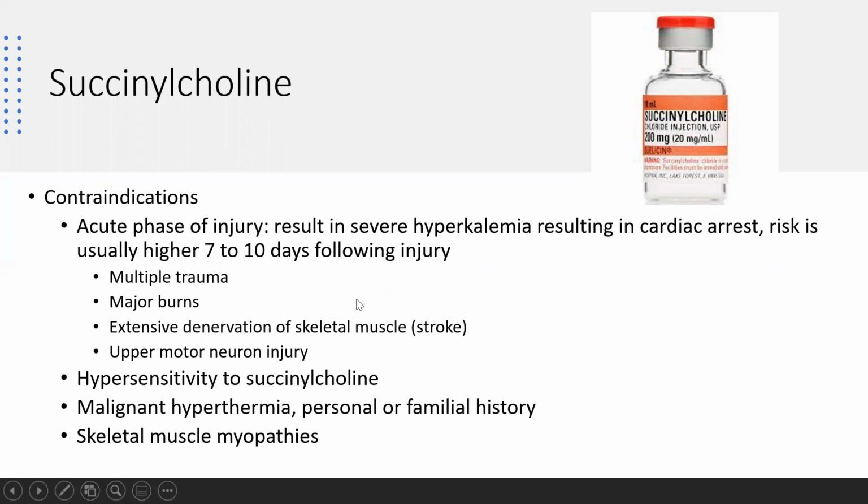These individuals can develop severe hyperkalemia, sometimes resulting in cardiac arrest within the first week following injury. And so, while some of our patient population may fall into this, not all of them, having a medication available in the Pyxis that doesn't have as long of a list of contraindications, we felt would be the most beneficial